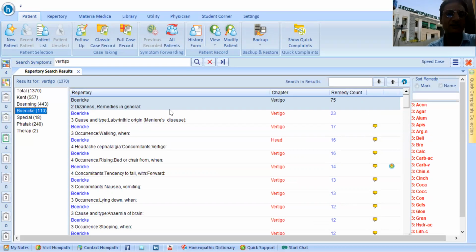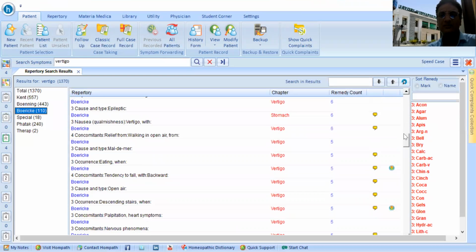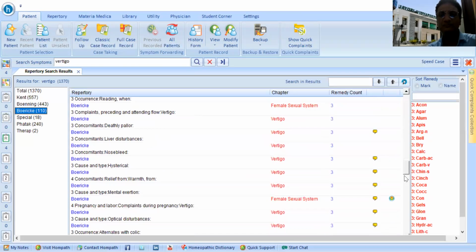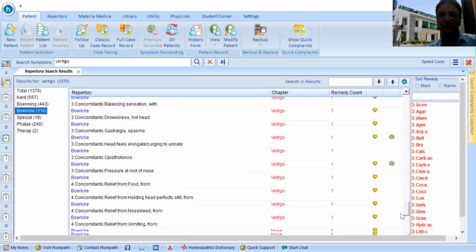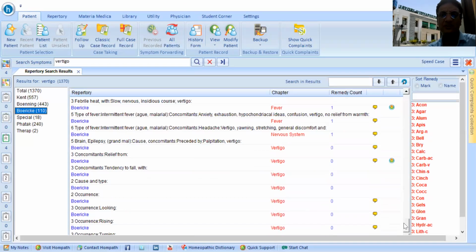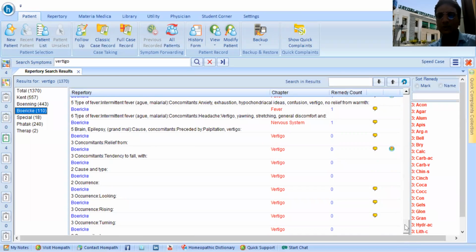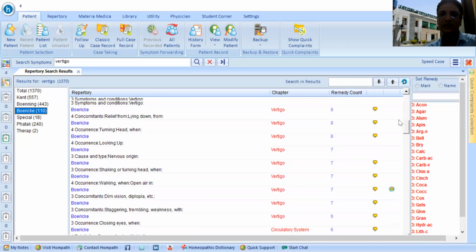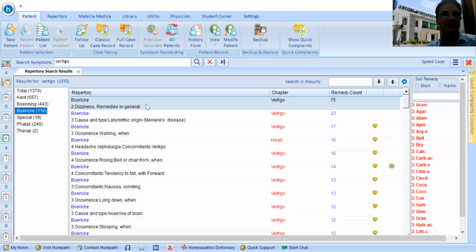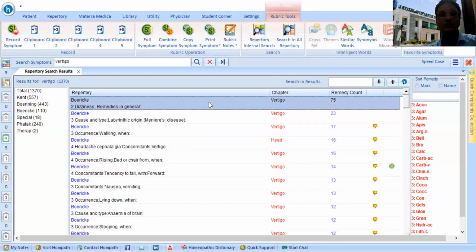In general, we can take, or along with locomotor system, we can take. So we are searching for locomotor system, whether there is vertigo associated with locomotor system. No, it is not. So here we have to take dizziness in general. So double click it.